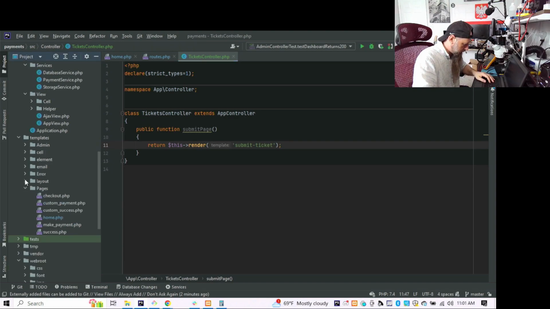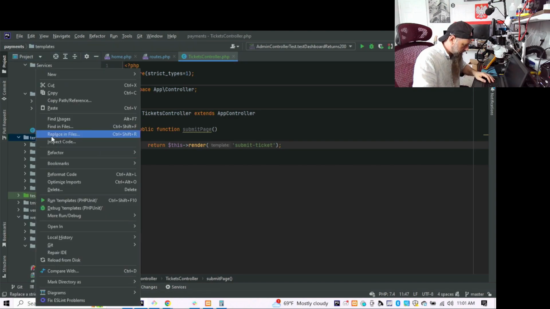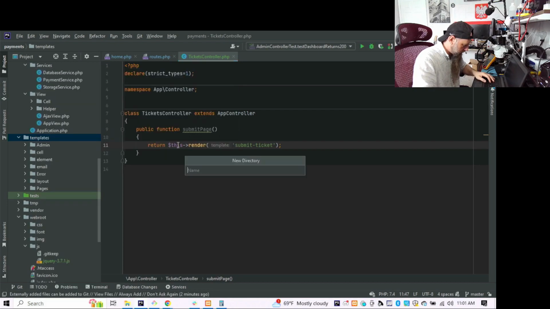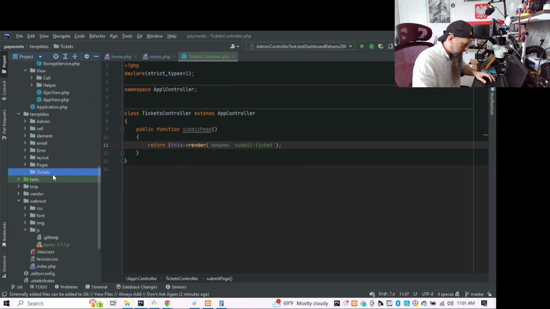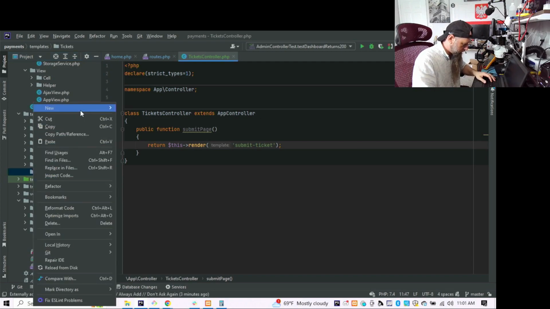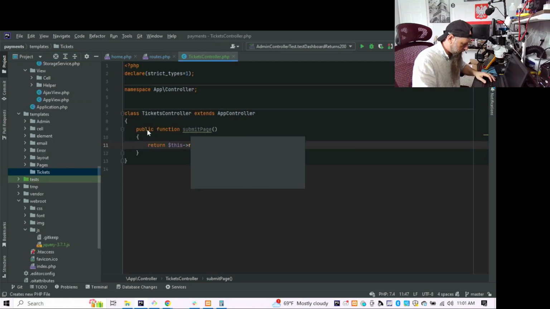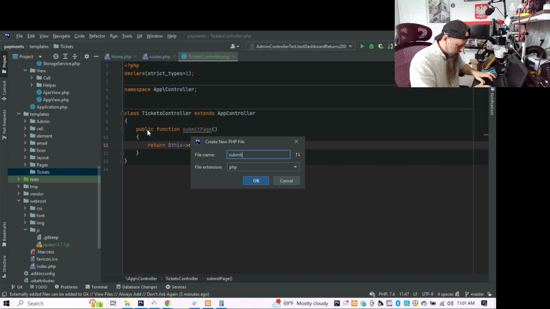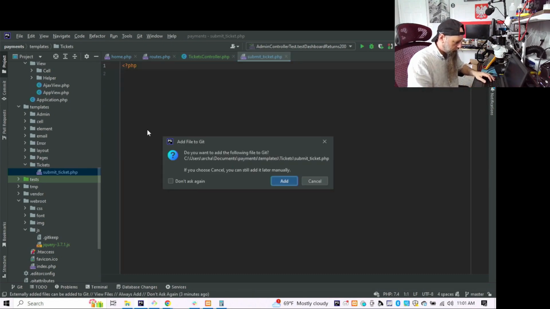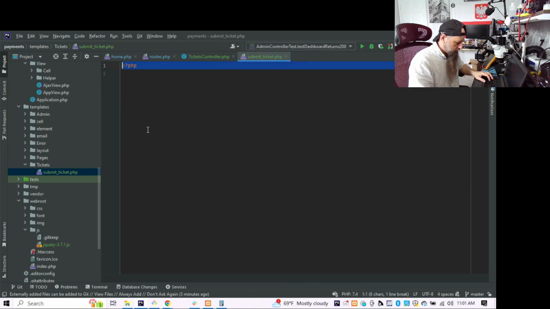So this will be namespace tickets. Yes. Tickets. And PHP file submit ticket. And